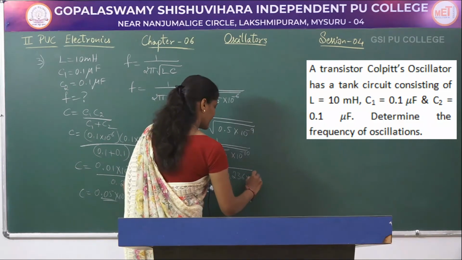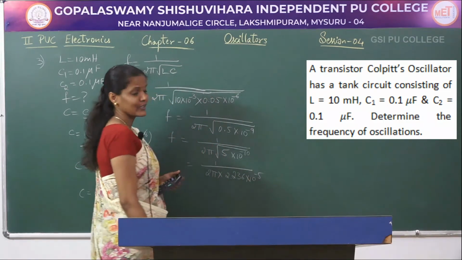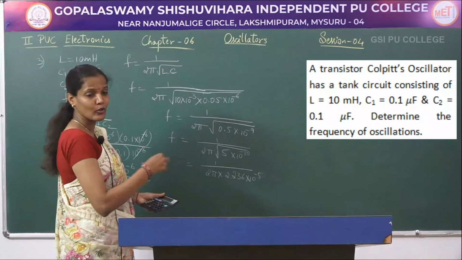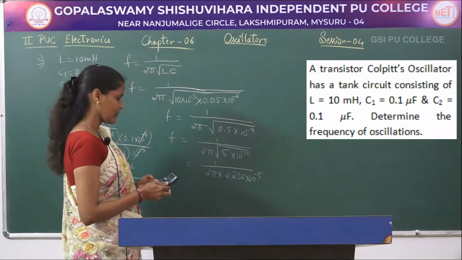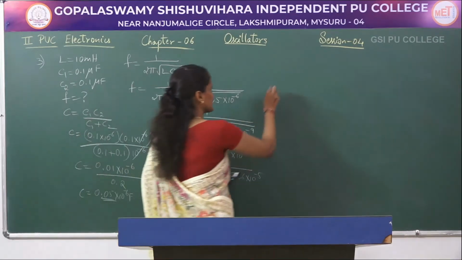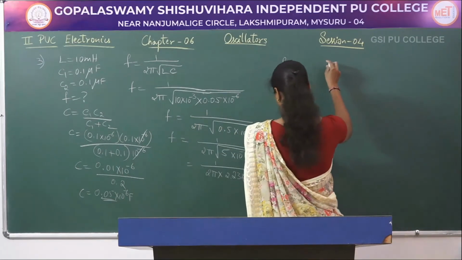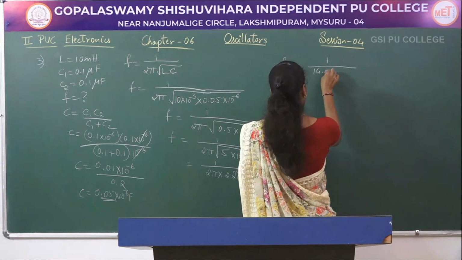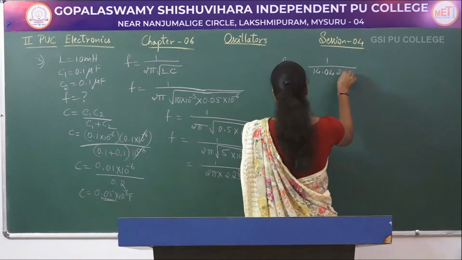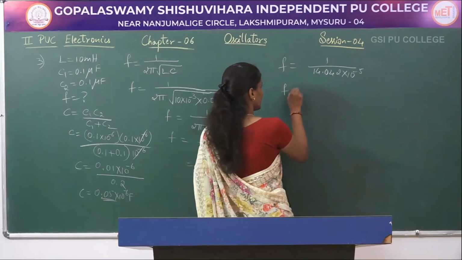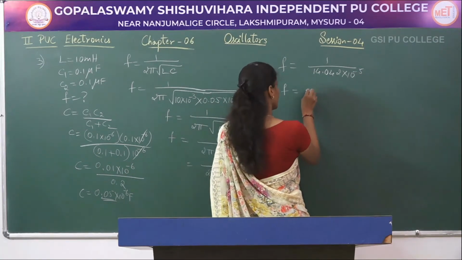2.236 into 10 to the power of minus 5, that is, 10 to the power of minus 10 is within the square root. When I take that out of the square root, I will be getting 10 to the power of minus 5. So I will be getting F value as F is equal to 1 divided by 14.042 into 10 to the power of minus 5. So 1 divided by 14.042 gives me